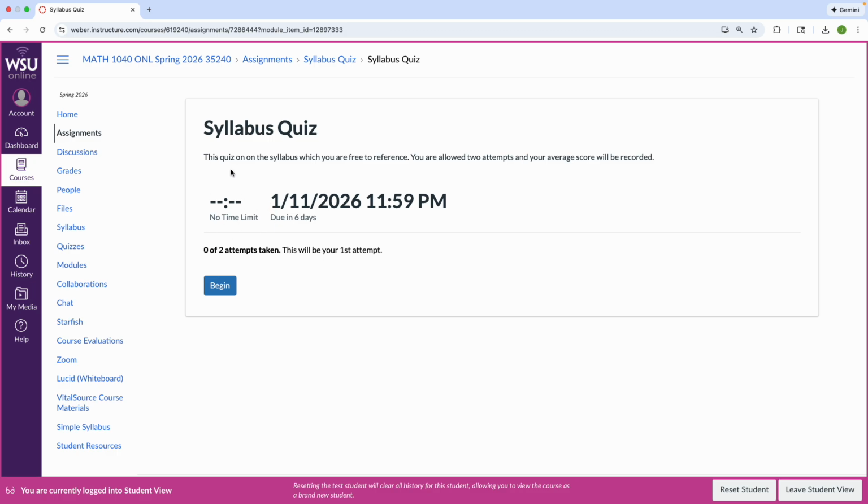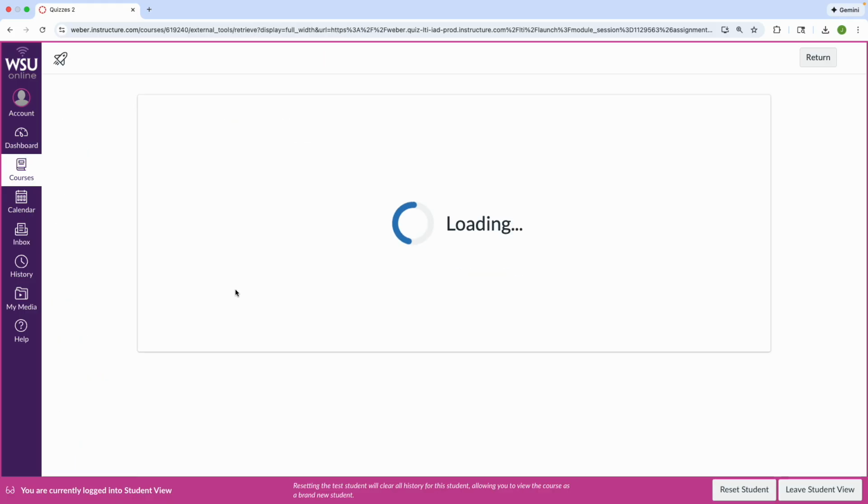Some of them are timed, some of them are untimed. This one's untimed. So be careful if it is timed, because you have to take it in that time period. And one of the ones that is timed is the Salt Lake City temperature analysis quiz. Okay. So here you don't have a time limit, and your scores will be averaged of the 2.